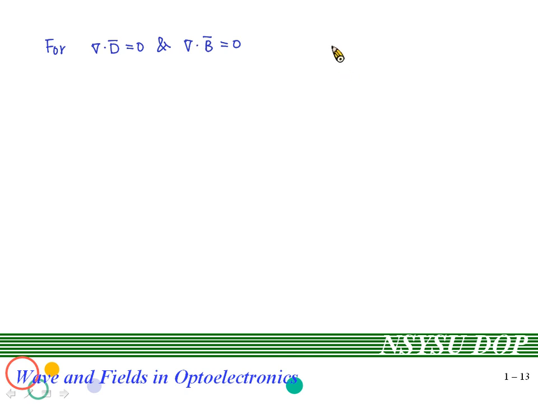So consider again the interface formed by epsilon 1 and epsilon 2. And then we define a cylinder here. Here is the cylinder across the dielectric interface. There are three surfaces of this cylinder. One is the upper surface, second is the lower surface, and the third is the sidewall surface here.